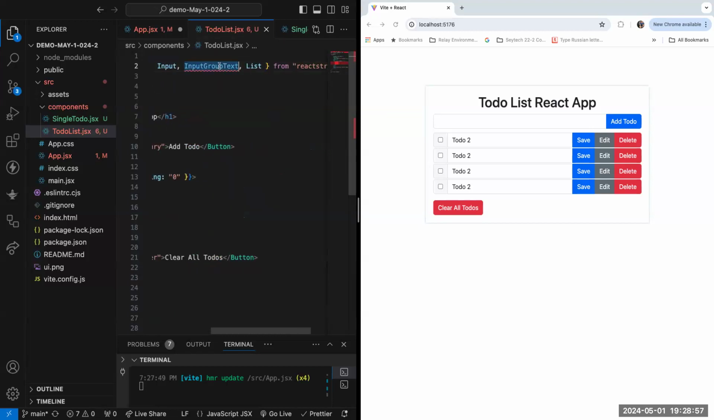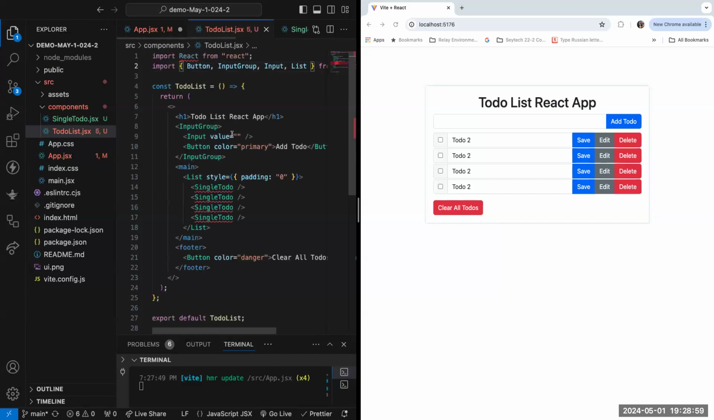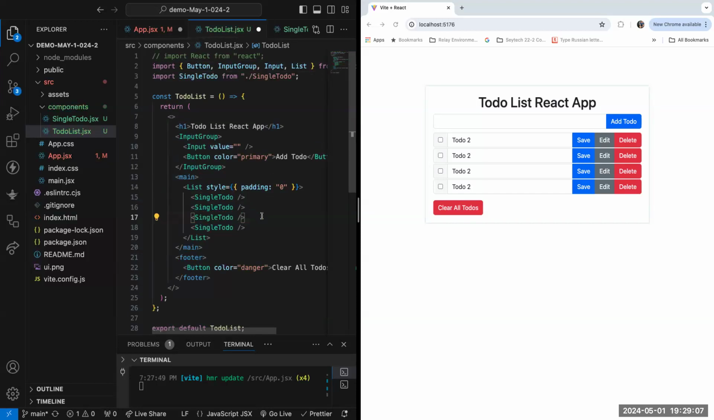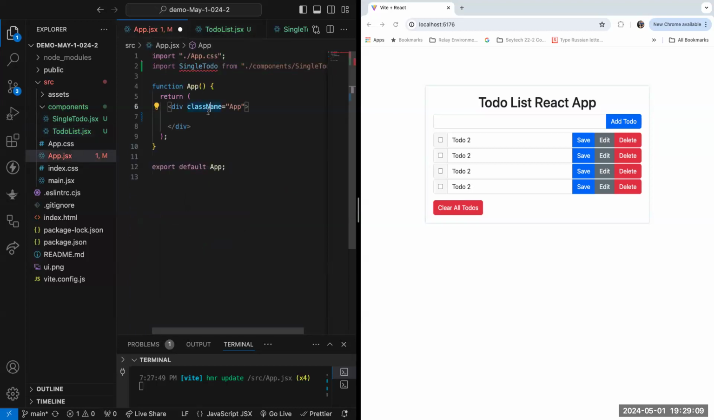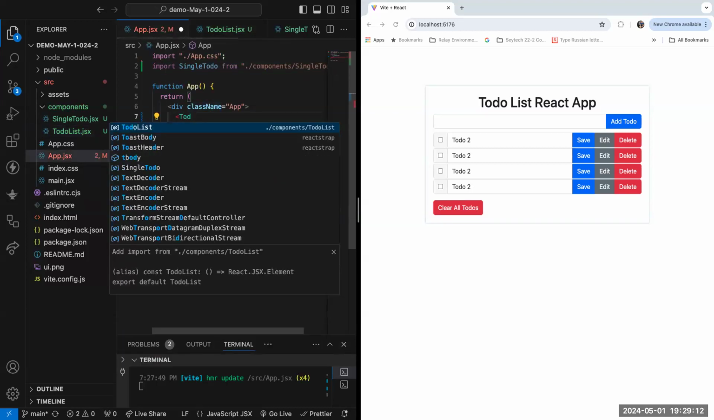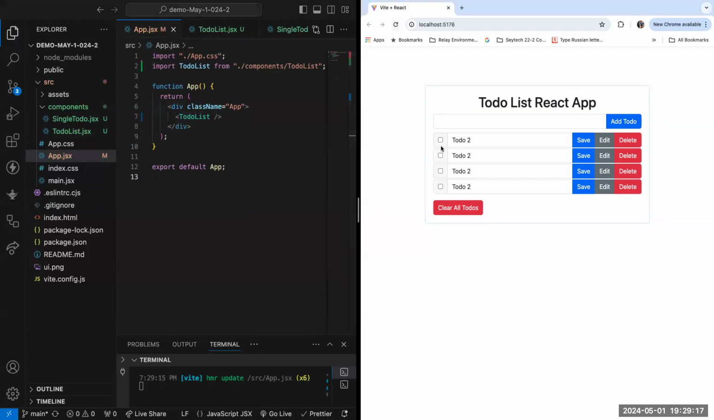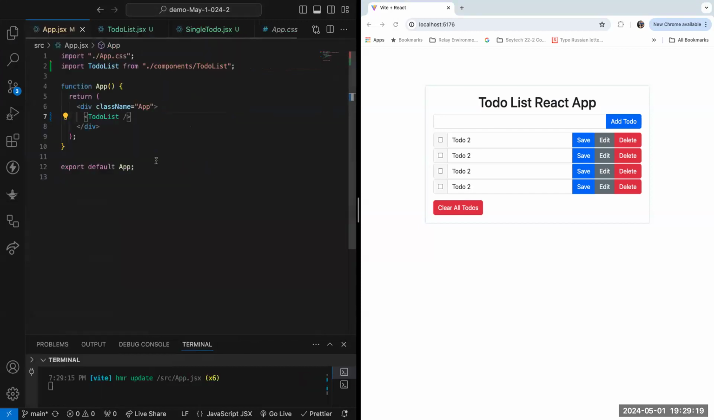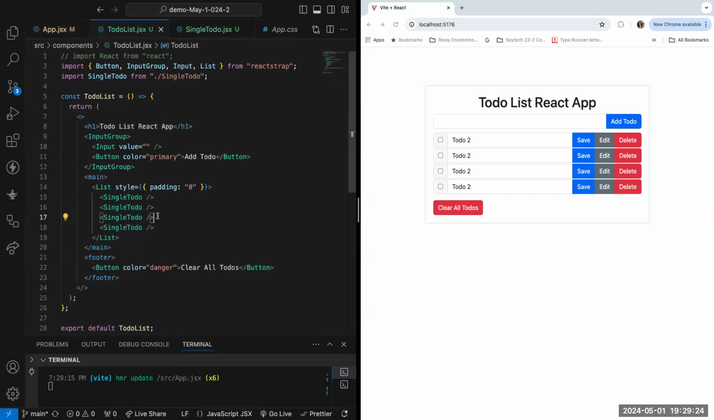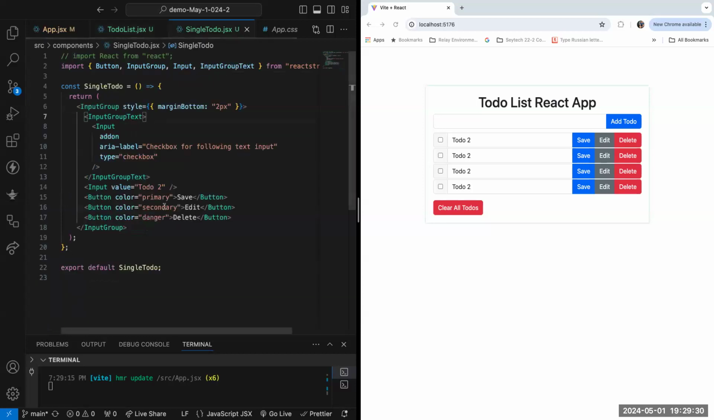All right. So I'm not using these over here. And I need to bring in this single to-do from single to-do. And now I can just do to-do list over here. And I don't have single to-do anymore. So if I refresh, I'm seeing the exact same thing. So I have app.jsx and to-do list. Inside my to-do list, I am importing my single to-do. And the single to-do has these. But of course,